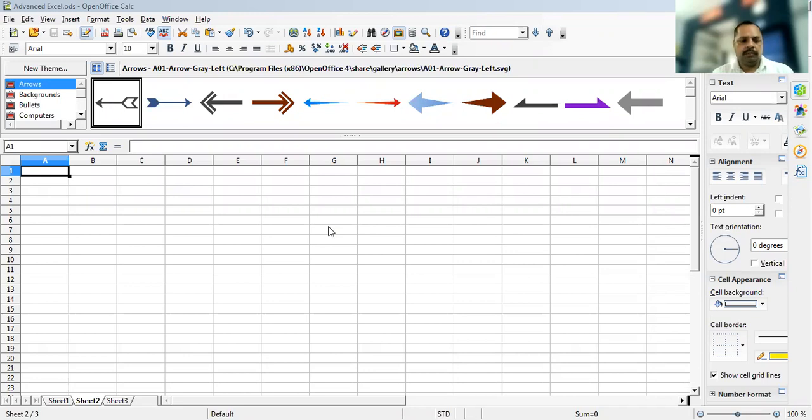Good morning to everyone. In this video we will discuss how we can create consolidation in our Excel sheet and in OpenOffice, because earlier we have already studied it in MS Office. But today we are going to learn how to consolidate the data into our sheets using consolidation in OpenOffice Calc. Firstly, we will open our OpenOffice Calc worksheet.